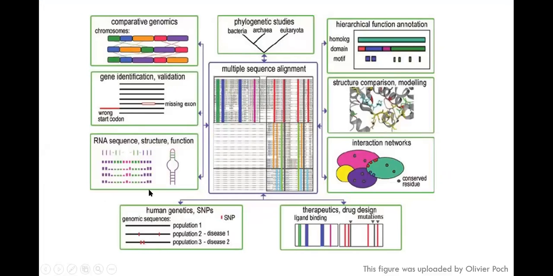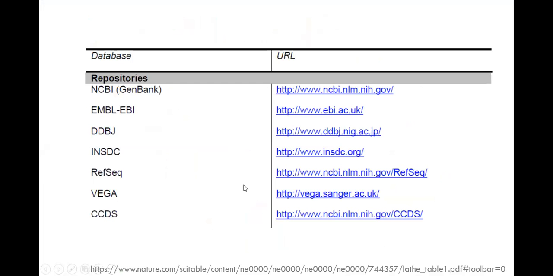We have less than 2 minutes, so I will give a little more of a brush up. Basically, based on the tool you are looking for, you can go to the output you want, whatever you are studying, such as phylogenetic analysis, comparative genomics, or structure and comparison of proteins. You can go to the specific input, output, and database you want. So I will quickly go through this now. This is just descriptive information. You can go through it in your free time.